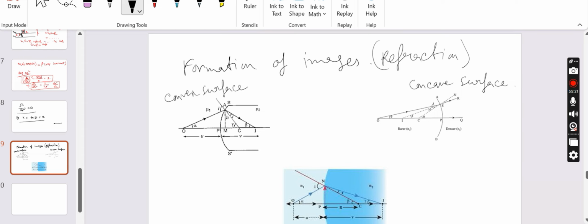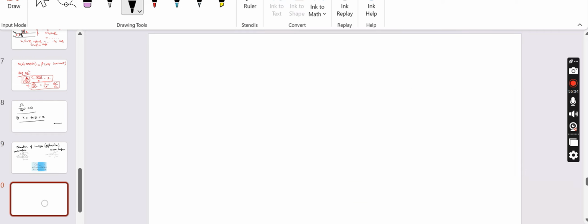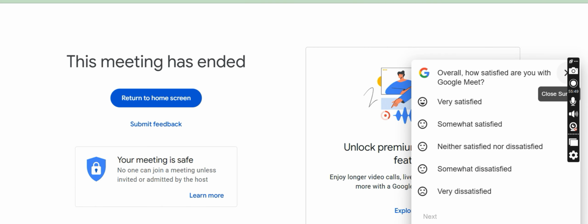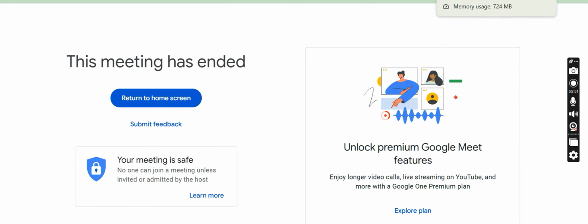Okay, so from these surfaces we get the Gaussian formula for a single refracting surface, which is